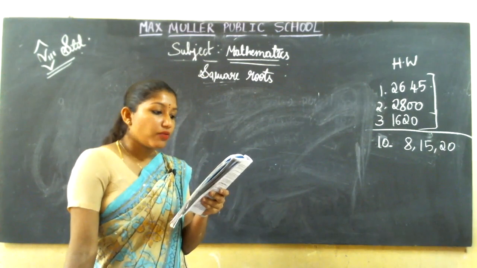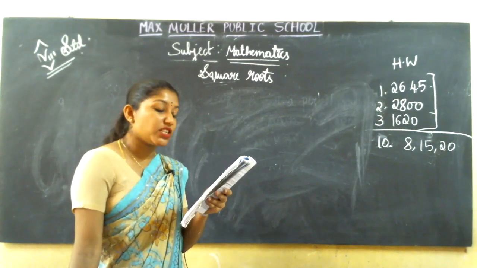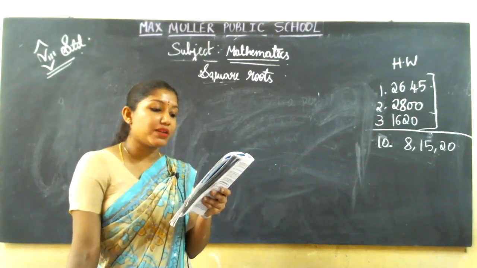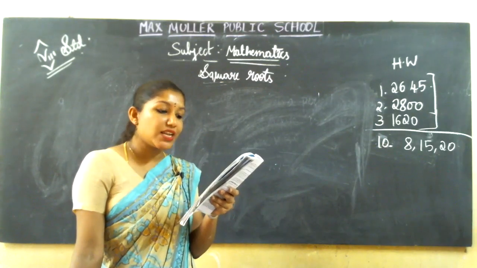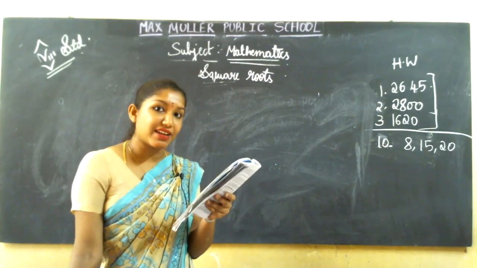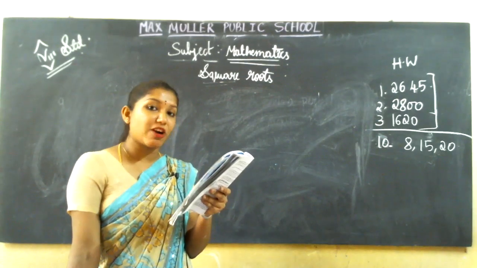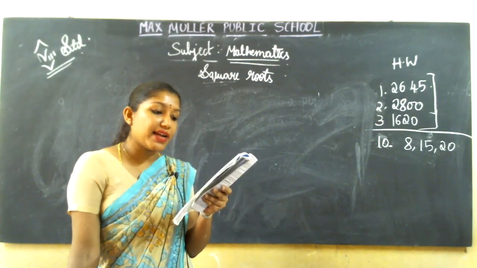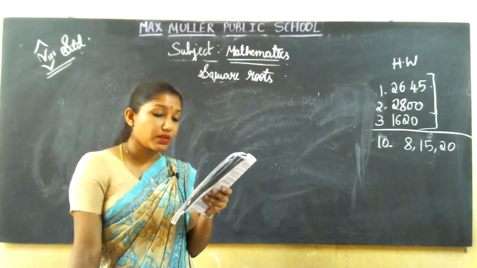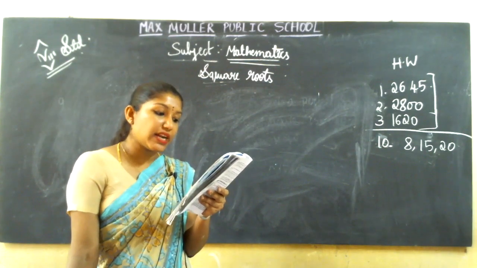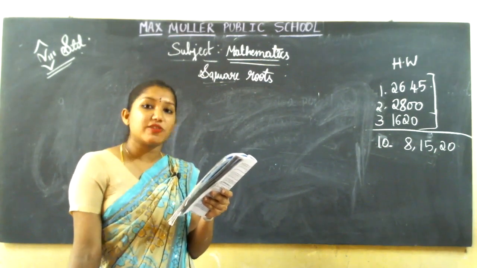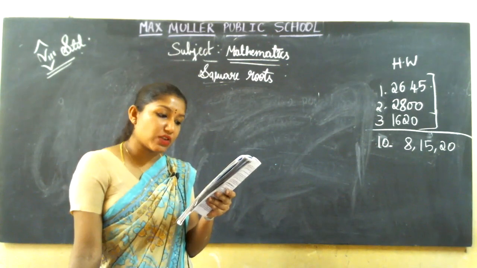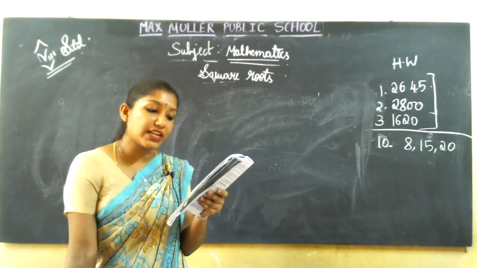For this, we need to determine the number of digits in the square root. See the following table. If the number is 10, the square is 100, which is the smallest 3-digit perfect square. And 31 gives 961. 32 gives 1024, which is a 4-digit perfect square. And 99 gives 9801, the greatest 4-digit perfect square.